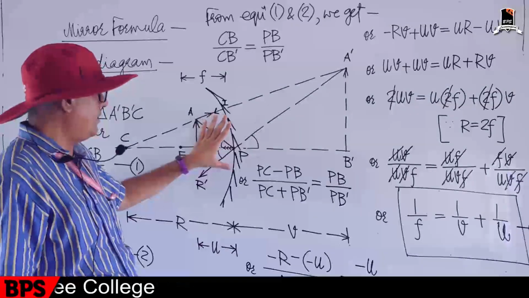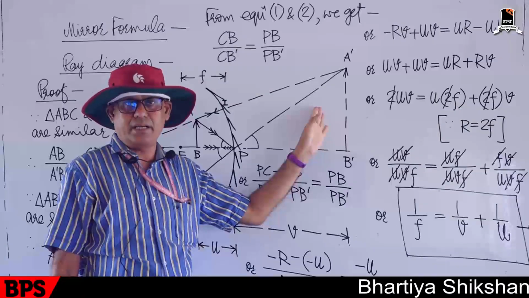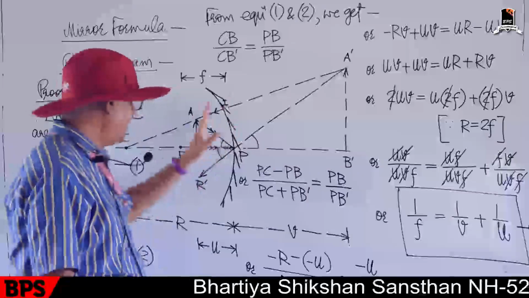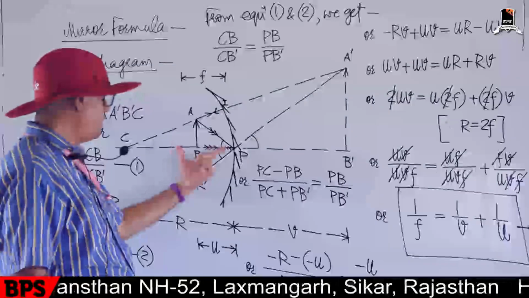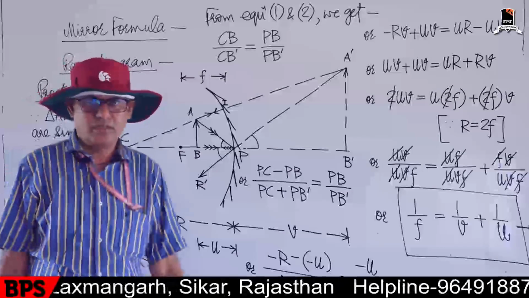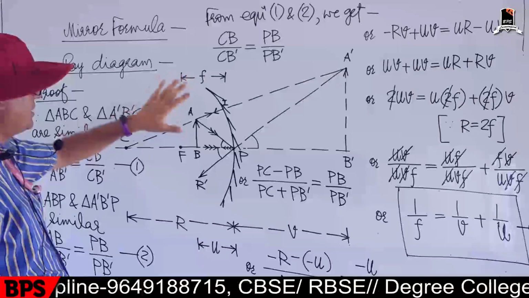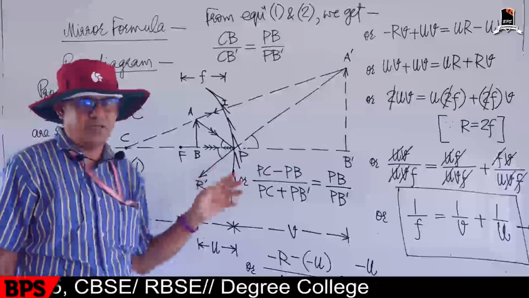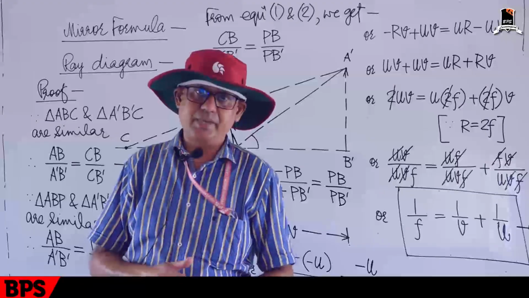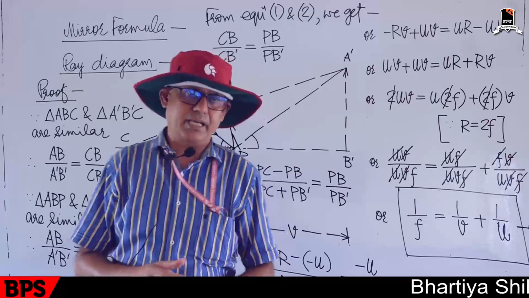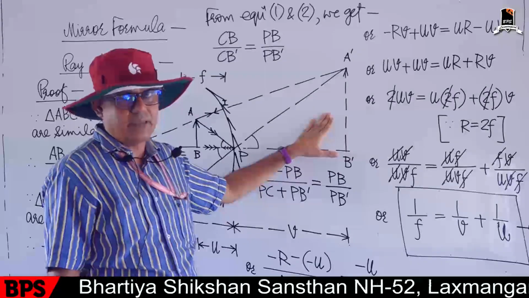Now the same concave mirror is used, but the image is erect and virtual, since we have placed the object inside the focus, means in between the pole and focus points. Getting it? So this is the topic, mirror formula. We have derived this mirror formula in the case of concave mirror, and by two different ray diagrams, one in which the image was real and inverted, and this one in which the image is virtual and erect.